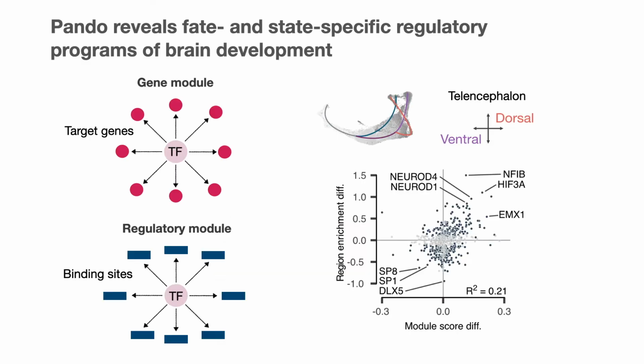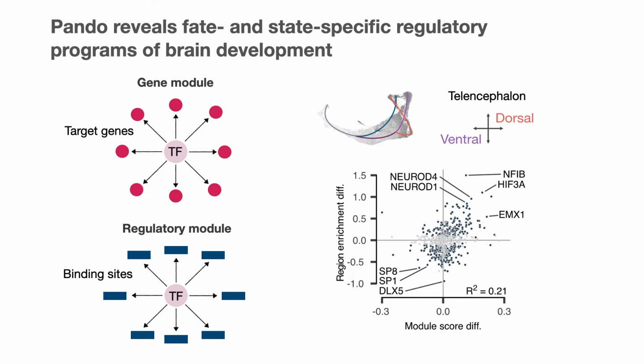One classic thing that one would do is to find these so-called gene or transcription factor modules, where a transcription factor is actually represented by the set of genes that it's inferred to regulate. However, since we are incorporating also the binding sites directly into the model, we can also summarize these what we call regulatory modules, where a transcription factor is essentially characterized by the set of binding sites that it can bind. And taking these two modules together really gives us a good view of the regulatory and the genetic programs that change during bifurcation into different lineages.